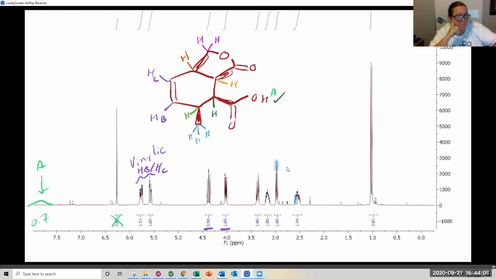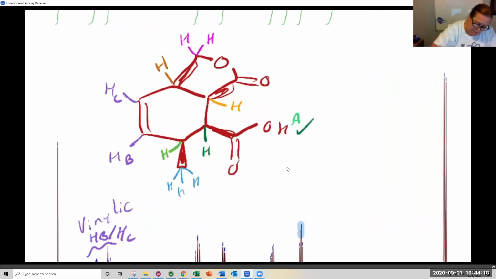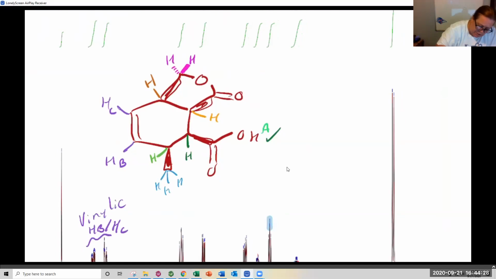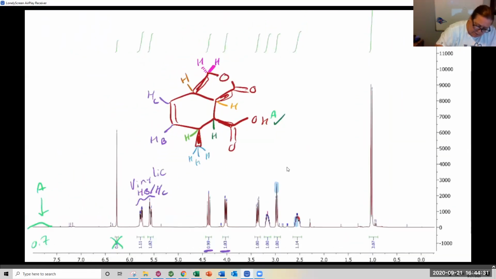So we've already identified the purple ones, Rosie, right? We already said that those were... yeah, the pink ones. And Jenny hit the nail on the head. Those are what we refer to as diastereotopic, which means what? We lack free rotation. And so one of these protons, its relative position to this oxygen atom is going to be different. So one of these protons is going to be further downfield than the other proton. Again, we lack the ability to judge which is which. So I'm simply going to label these D and E